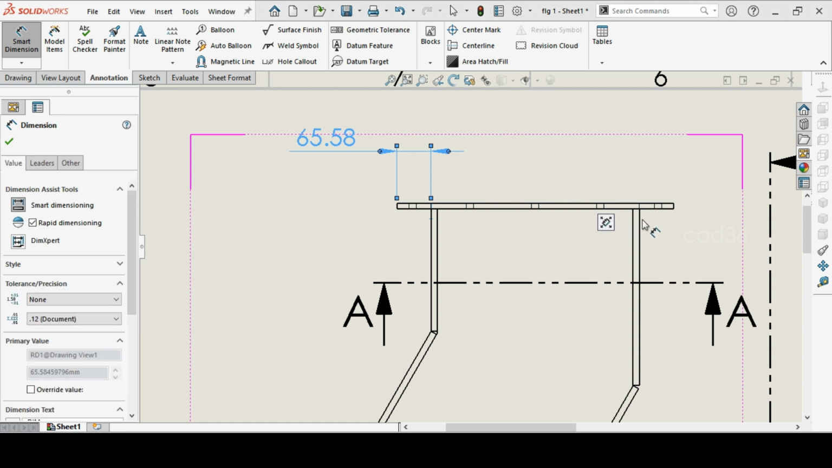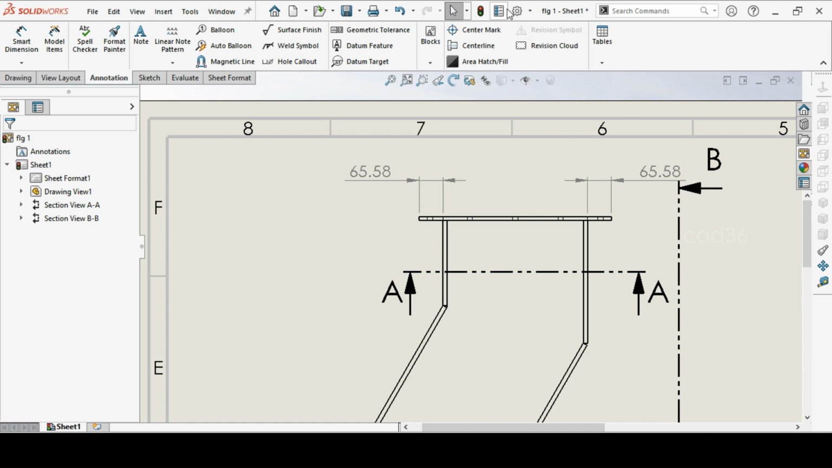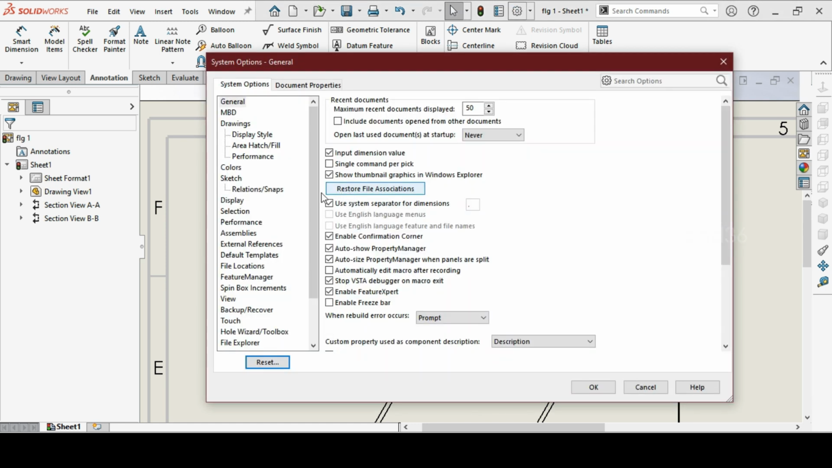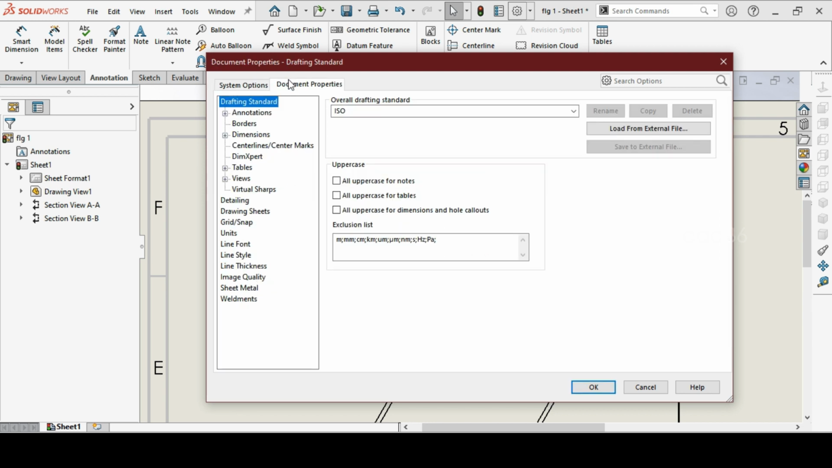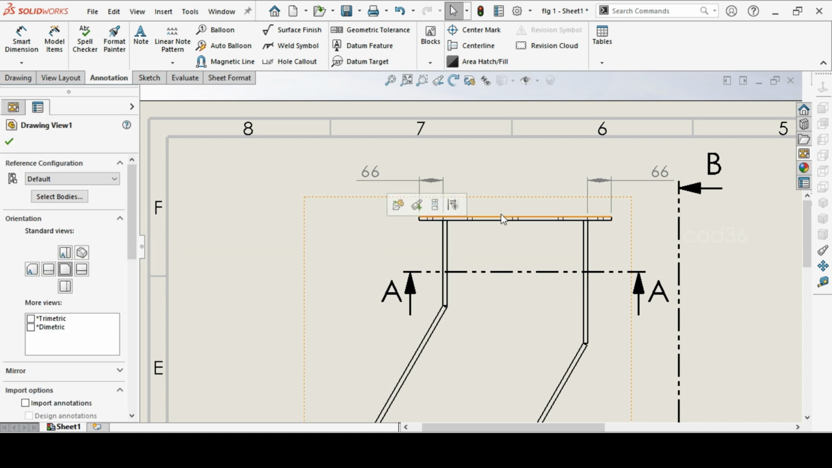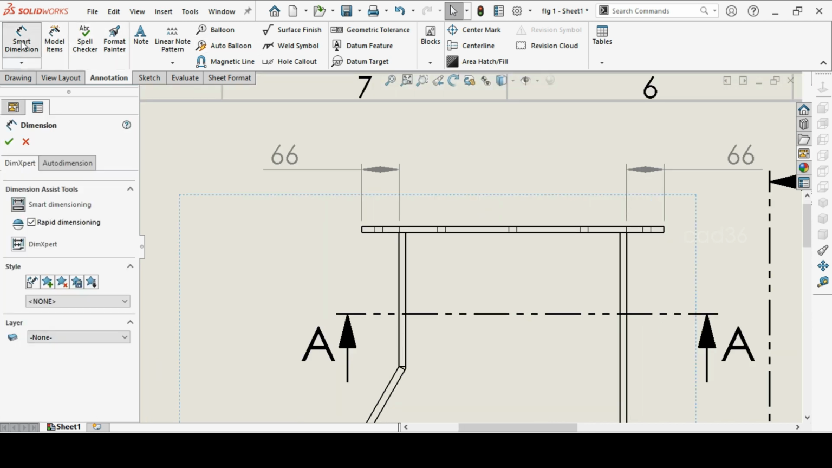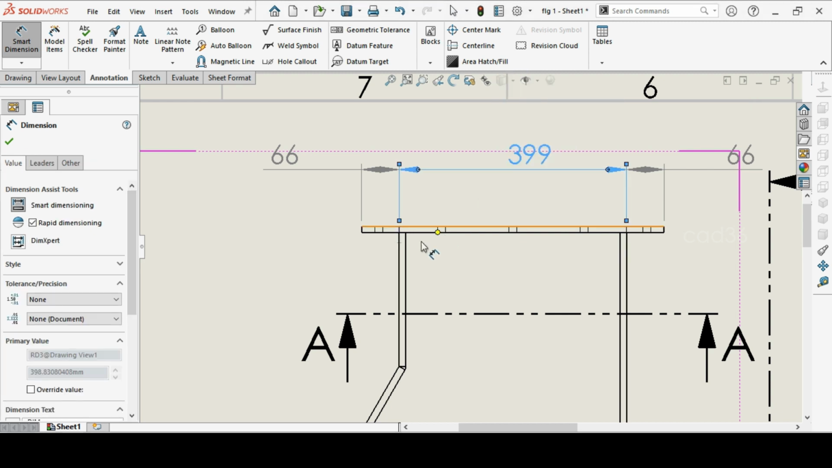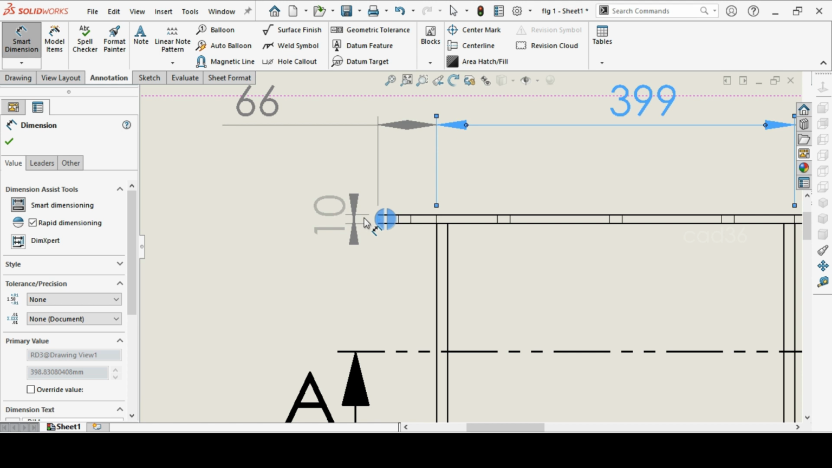which should be 65, but we are getting 65.58. We will correct that one. Go to System Options and Document Properties and check the dimension. We don't need any precision, so we'll set the precision to none, and okay. So actually we need 65 there, we will correct that one, and inside also we need to get exactly 400, but what we're getting is 399. We will adjust that one, no problem,